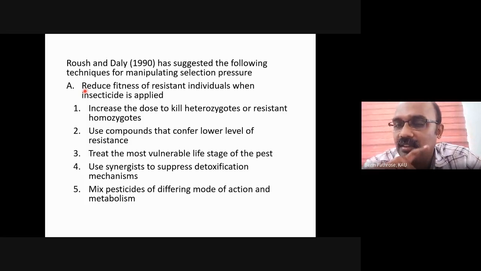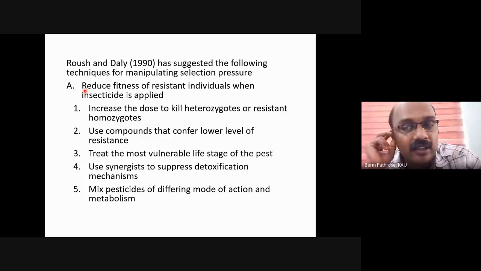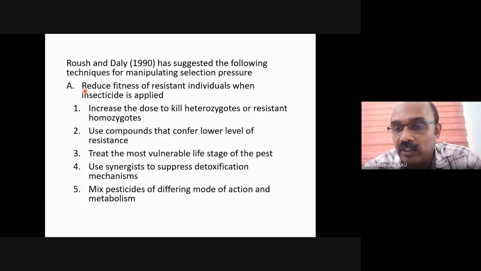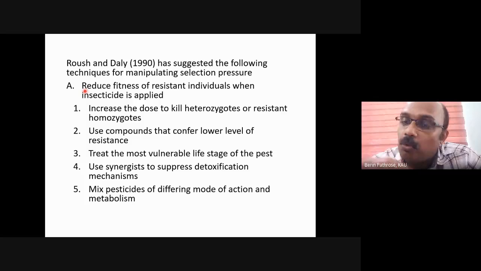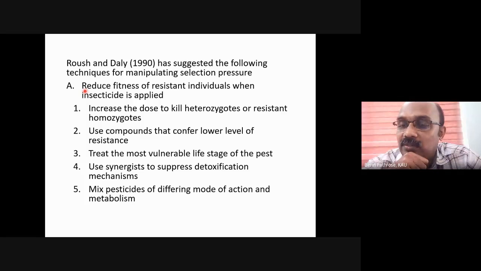We discussed in earlier classes the experiment we conducted with Tribolium castaneum from FCI godowns. We had taken 3 insecticides, malathion, dichlorvos, and deltamethrin. All 3 are recommended for pest management in storage in FCI godowns, and all these 3 are widely used. But you have seen malathion evolved resistance quickly, dichlorvos slightly, and deltamethrin has not developed resistance at all till now.